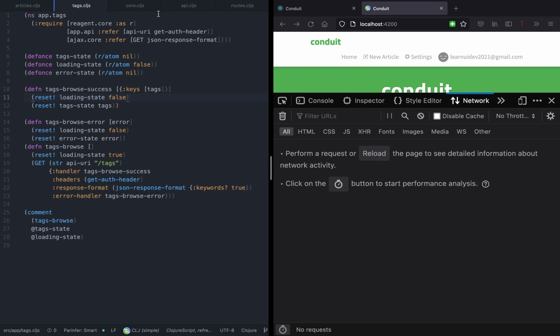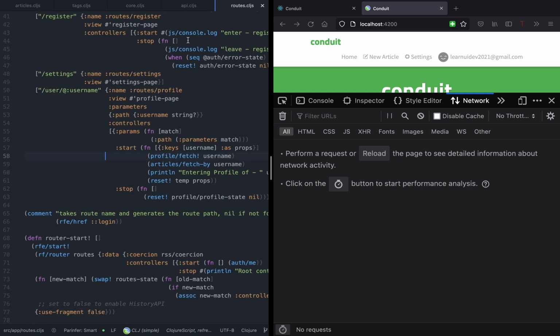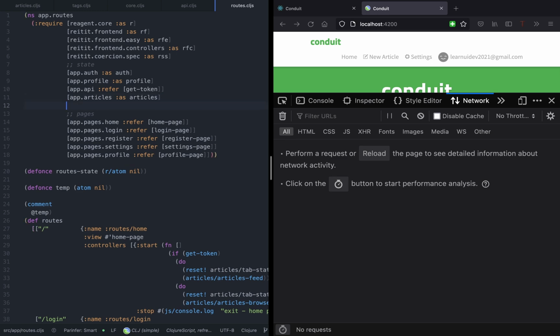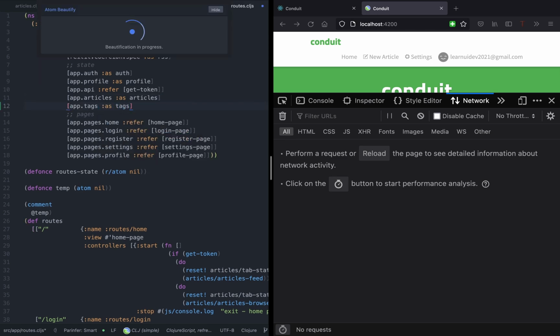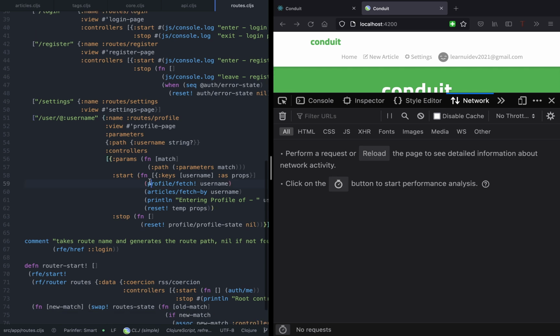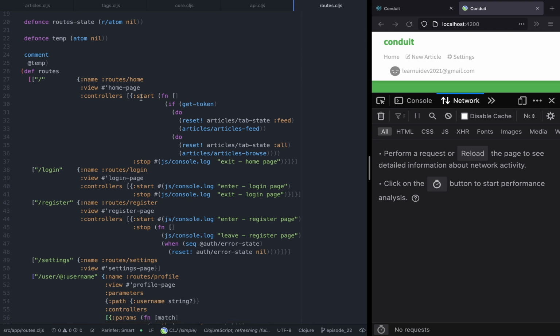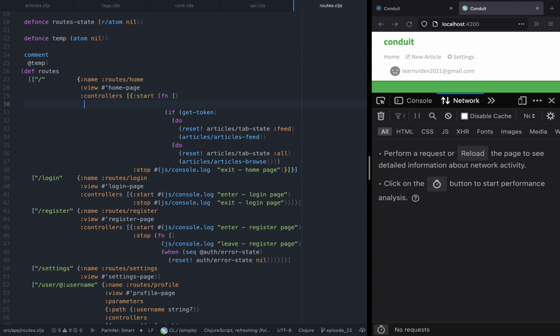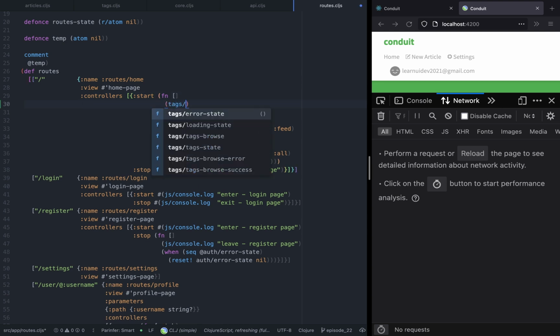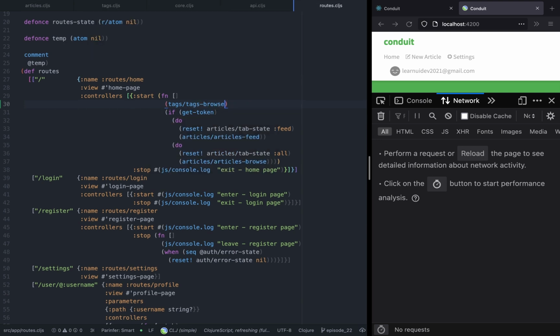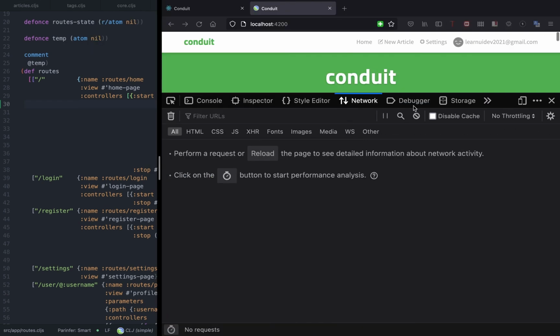our routes, and when we enter the home page, so let's import these tags inside the routes. So when we enter the home page, we need to call this function. So in the routes home controllers, in the start function, what we need to do is call this function. So tags/tags browse. And now if you refresh,